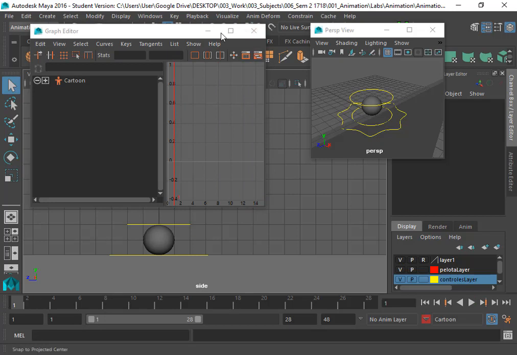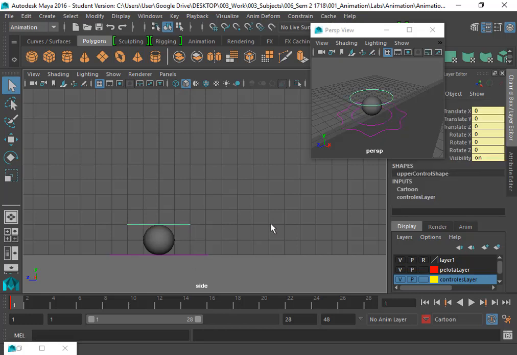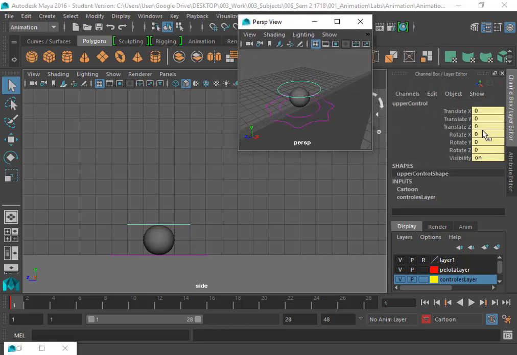In any frame, so I'm going to minimize this. Say I'm going to go to frame 1. I press S. What happens is it should create a key for everyone. If I select this control, I'm able to see that